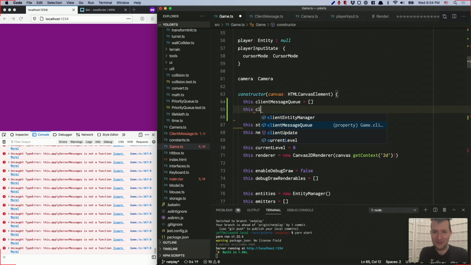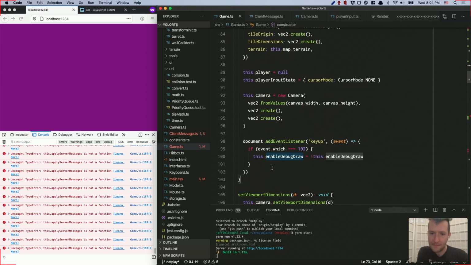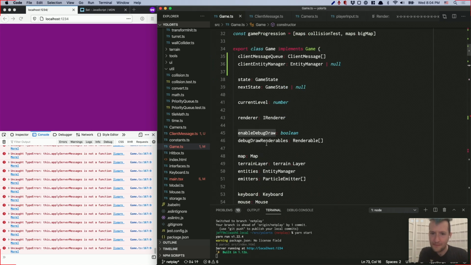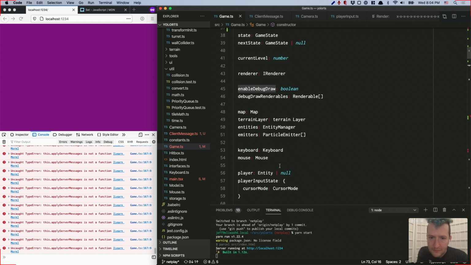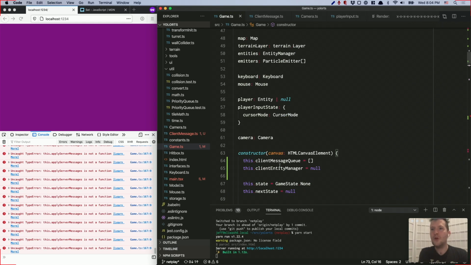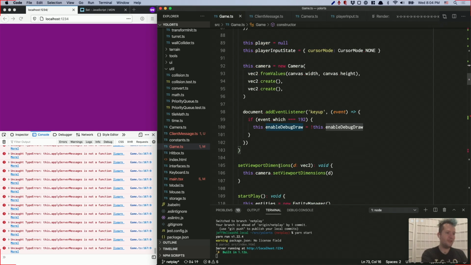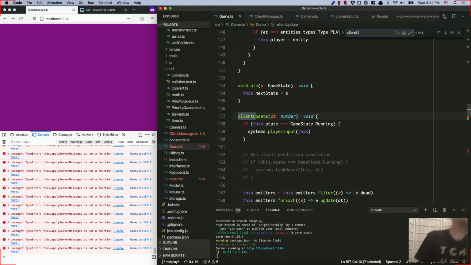Client message queue. Client entity manager. Entity manager is null. And then entity manager, where's our entities? I'm going to leave that alone for now because it's used everywhere. It's the least to rewrite too. It's just entities. And then in our client update,